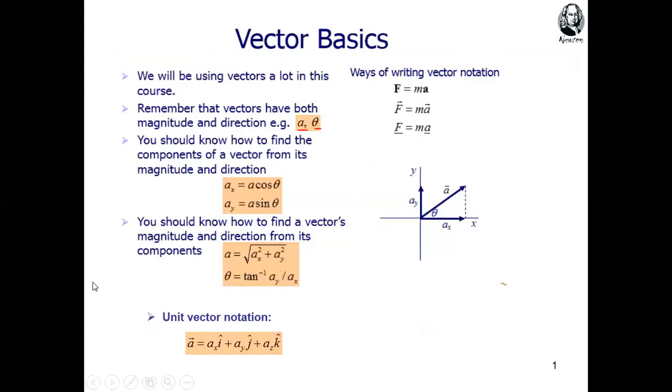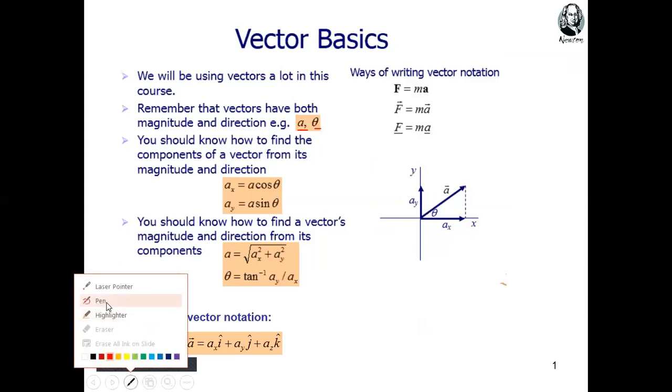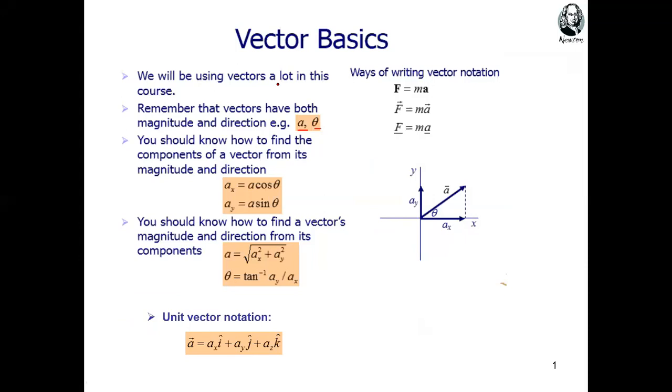So these are review from basics from the previous class. Vectors are those quantities which have magnitude and direction. For vector presentation we use a capital letter with an arrow above or below it, or we use a bold face letter like this one. The face of A is bold, or for example, if you want to write B for vector, the face of B is also bold. This is called bold face letters.